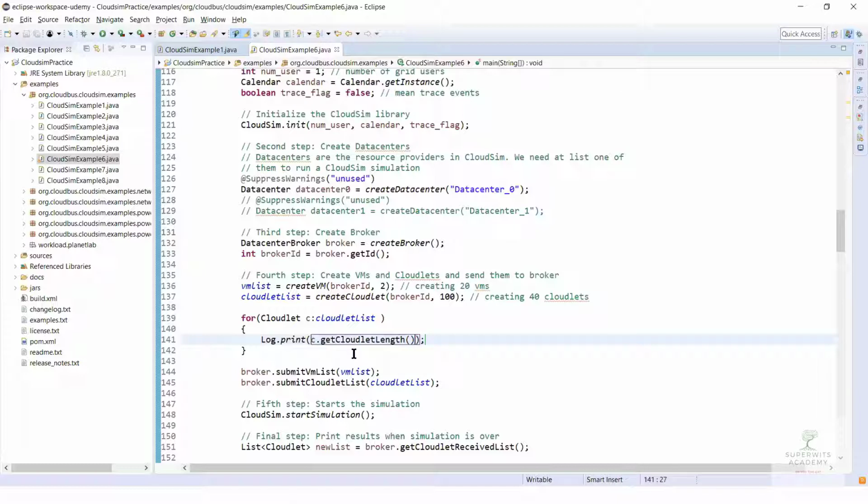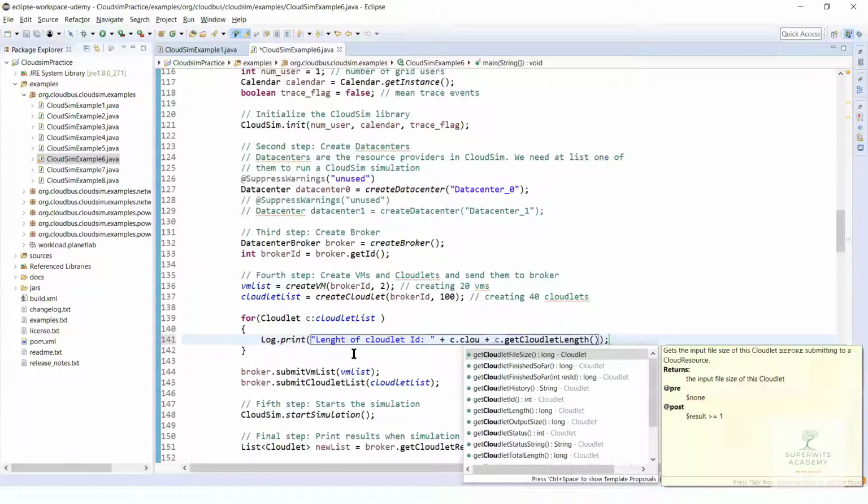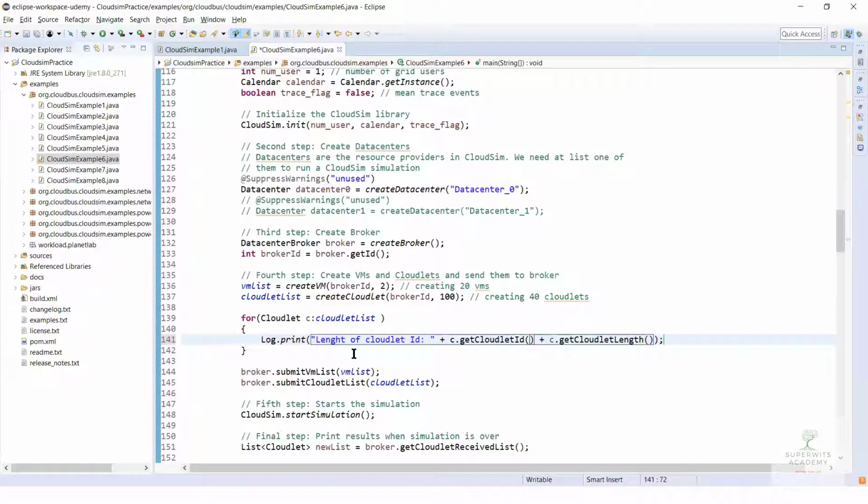So maybe I just type in length of cloudlet ID, and here c.getCloudletId, and then plus, and then simply I do this. So I should be able to print this out on the console.